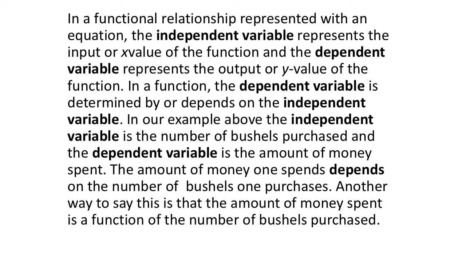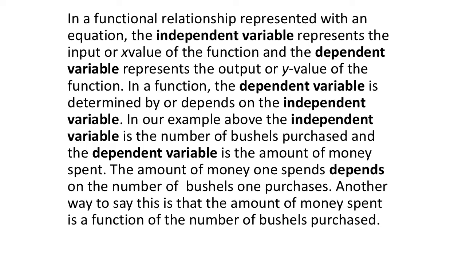So in a functional relationship represented with an equation, the independent variable represents the input or x value of the function, and the dependent variable represents the output or y value of the function. In a function, the dependent variable is determined by, or depends on, the independent variable. In our example above, the independent variable is the number of bushels purchased, and the dependent variable is the amount of money spent. The amount of money one spends depends on the number of bushels one purchases. Another way to say this is that the amount of money spent is a function of the number of bushels